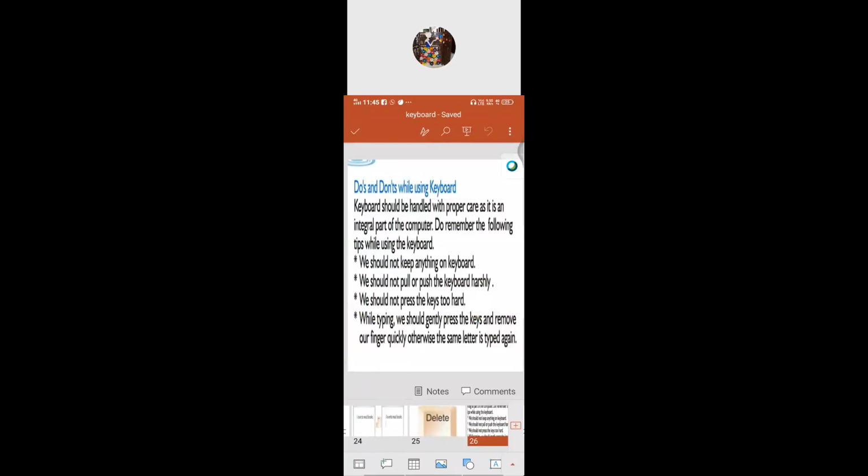So these are the do's and don'ts while using a keyboard. How do we have to handle it? We should not keep anything on the keyboard. We should not push or pull our keyboard harshly. We should not press the keys too hard. We have to gently press the keys, isn't it? As soon as you press the key, quickly you have to take it out, otherwise the letter will be typed again. For that reason only we say gently press and immediately take your finger away. Got it? The next one,